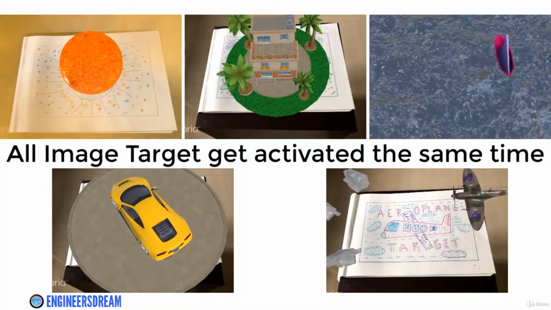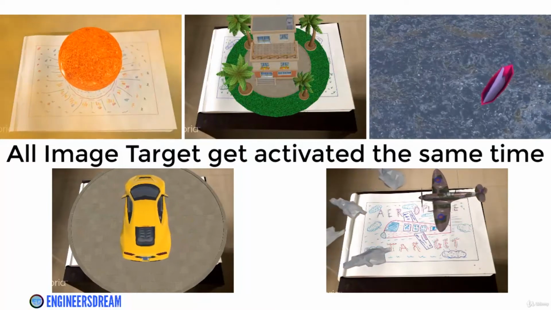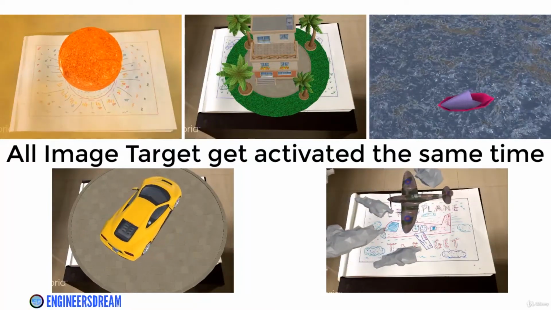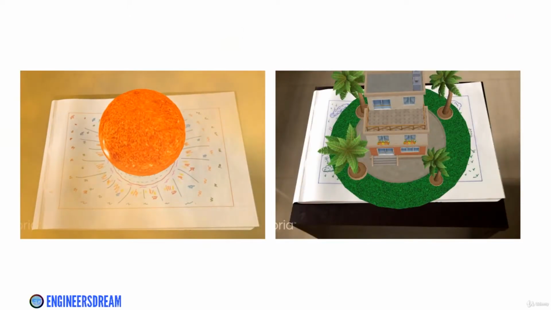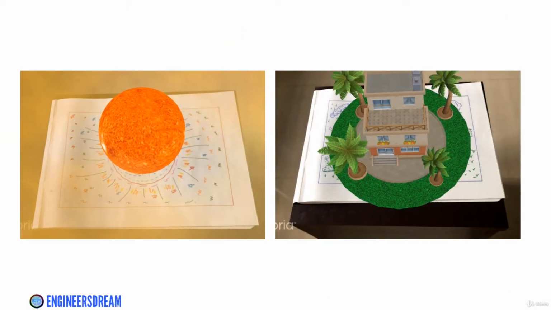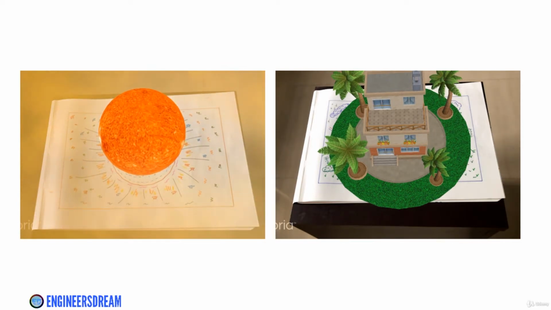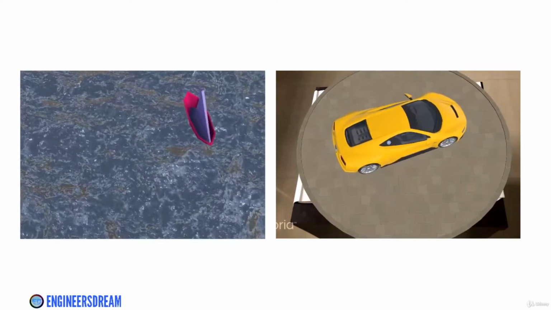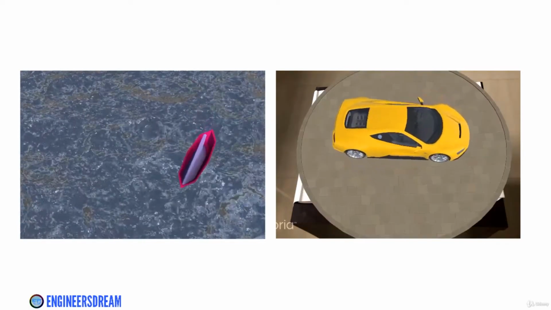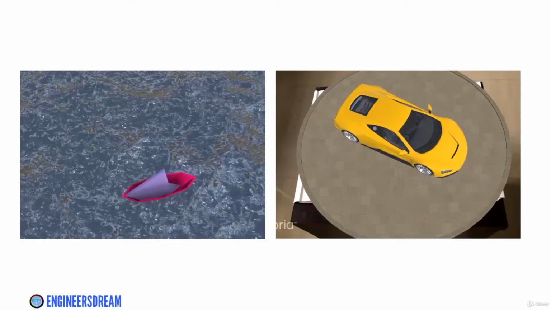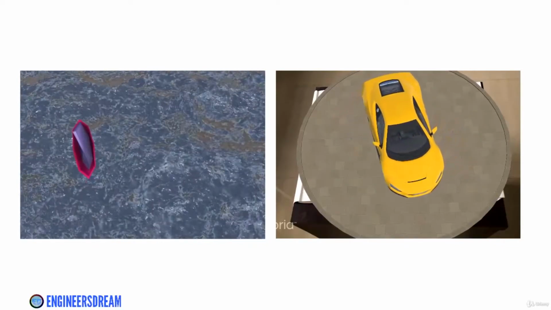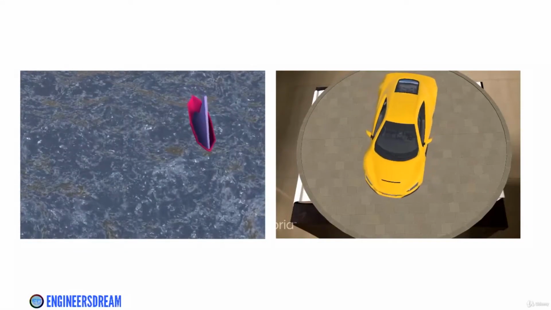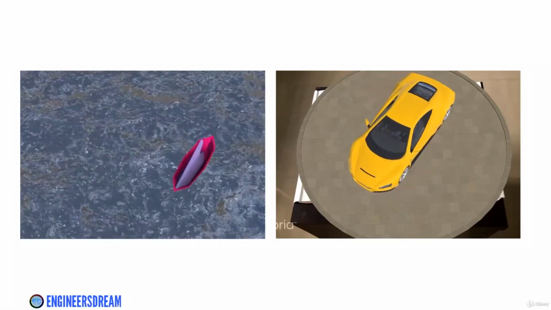This is because when we enter play mode, all the 3D models got activated on top of the respective image targets. In case of the sun and the house image target, the 3D models are static, so the 3D models will appear on top of the respective image targets whenever you check the output. In case of the car and the ship image target, the car is rotating and the ship model is revolving on top of the sea. But since both the models are within the camera's view, they will always be visible with some rotation change.